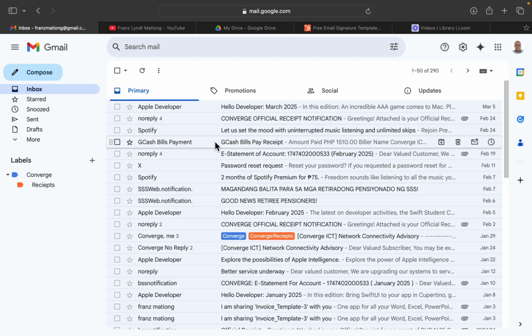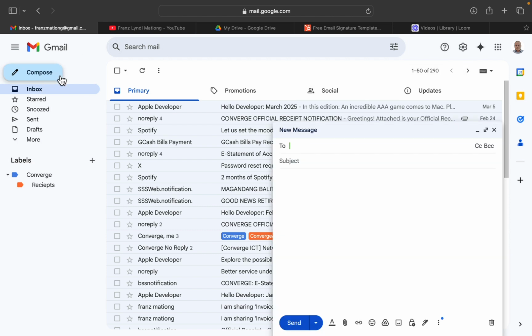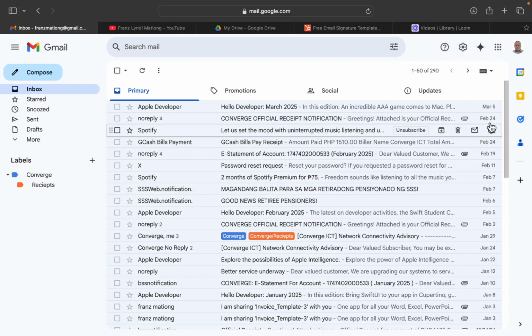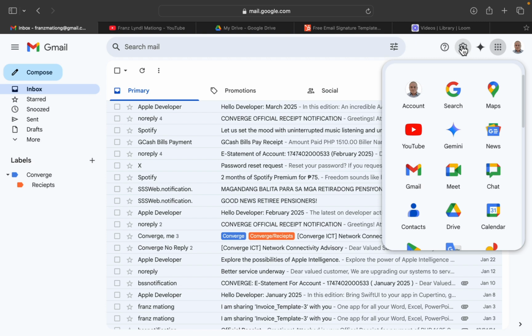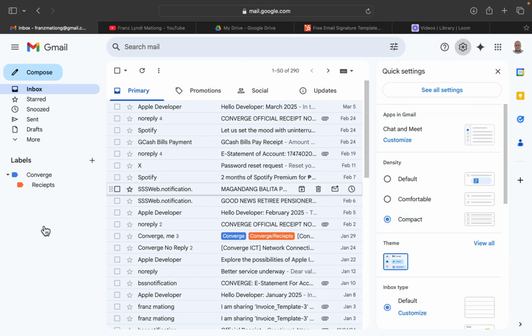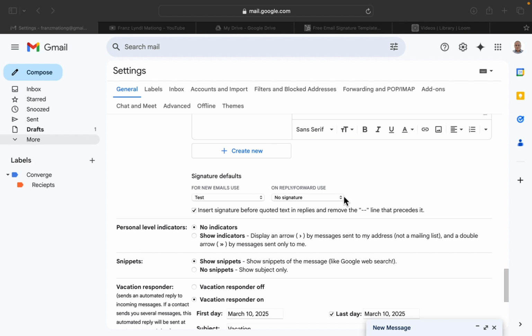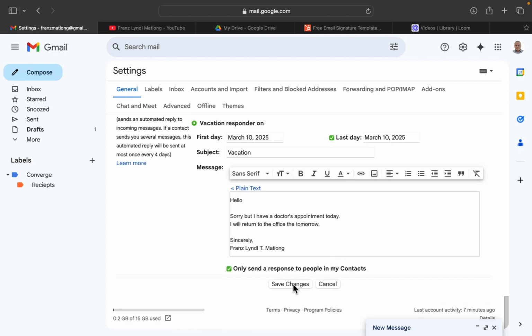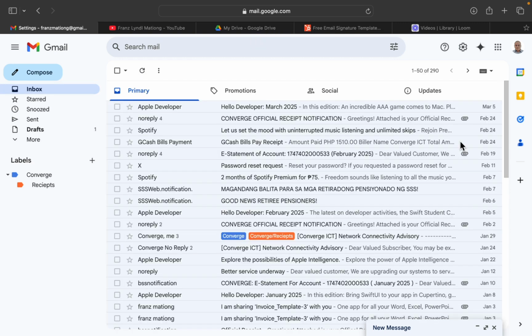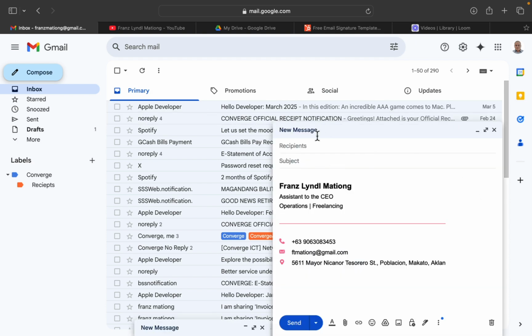Here we are using the signature. Save changes, I made a mistake. So to test, here it is.